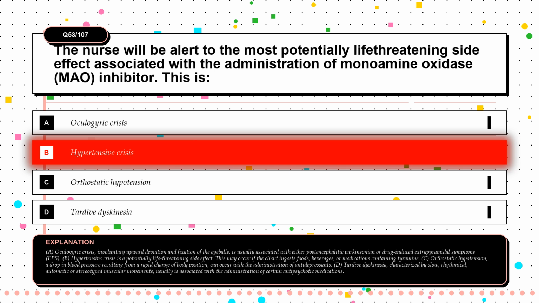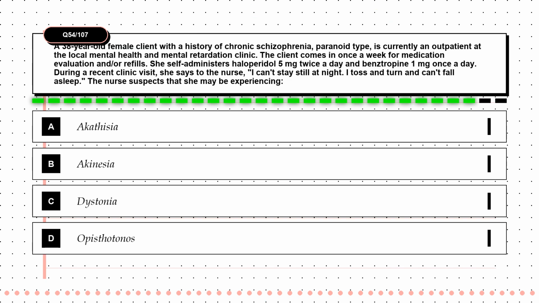A drop in blood pressure resulting from a rapid change of body position can occur with the administration of antidepressants. D. Tardive dyskinesia, characterized by slow, rhythmical, automatic, or stereotyped muscular movements, usually is associated with the administration of certain antipsychotic medications. Question 54. A 38-year-old female client with a history of chronic schizophrenia, paranoid type, is currently an outpatient